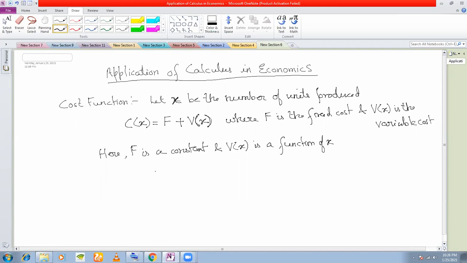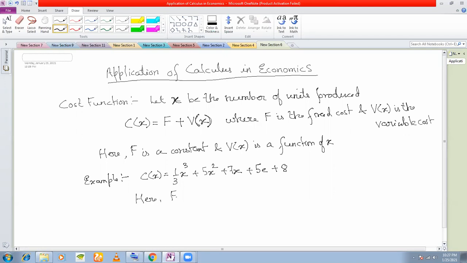So if I give you a cost function like, for example, Cx is equal to 1/3 x cube plus 5x square plus 7x plus 5e plus 8, where x is the number of goods produced and e is the exponential function. And what did I tell you? What is the approximate value of e? It is 2.73 approximately, right? This is your cost function. So which one should be a variable cost and which one should be a fixed cost?